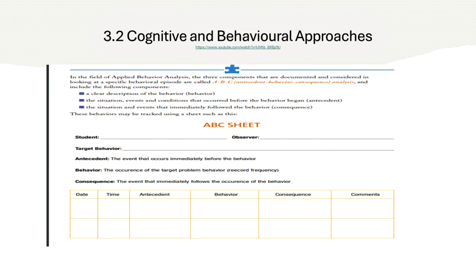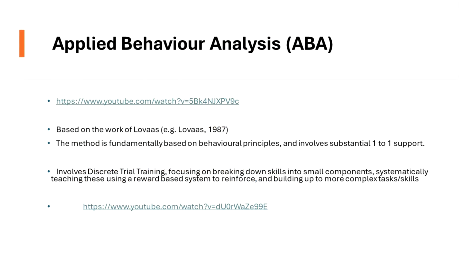The approach basically takes a behaviourist view. What if there is a negative or unappealing behaviour? What precedes it? What triggers it? And what is the consequence that, for whatever reason, perpetuates it? And ABA follows from this: we're looking at identifying and producing relatively simple behaviours that we then build up into more complex areas. So they start very slow. It is very intense, very behaviourally oriented. Lots of, in the specific term, discrete trial training. So lots of individual, relatively simple tasks that you get the child to engage in, to build up and build up and build up to more complex, substantial educational